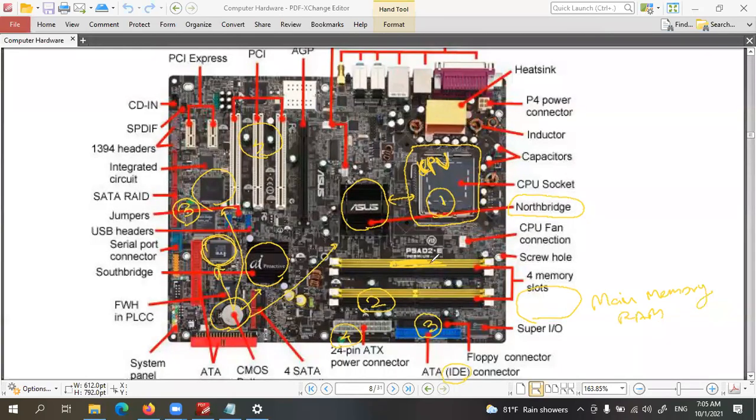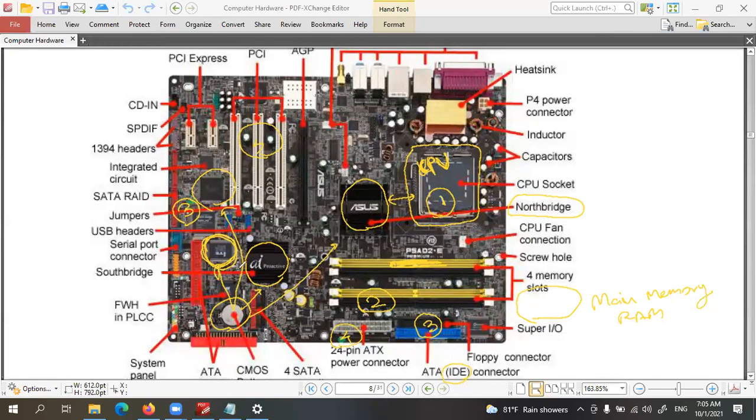So that process again needs instructions and processing. That part is done by this north bridge, south bridge, and using these instructions in the ROM. To do those things, it must require power to keep these instructions and the date and time.